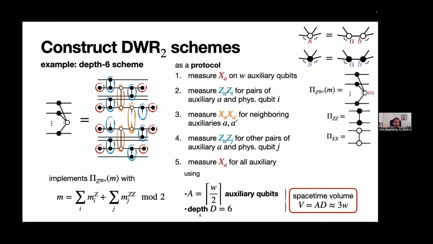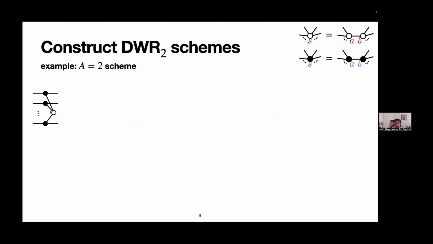So far, I showed you examples where we have reduced the depth to a constant at the cost of adding an extensive number of auxiliary qubits. But we can also go to the other extreme. We can limit the number of auxiliary qubits. Say we want them to be constant. The smallest constant we can do with only measurements is 2. And